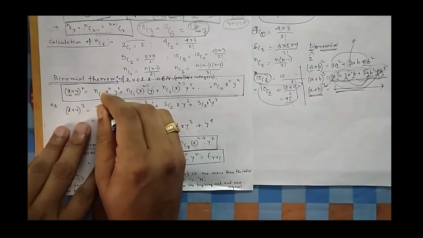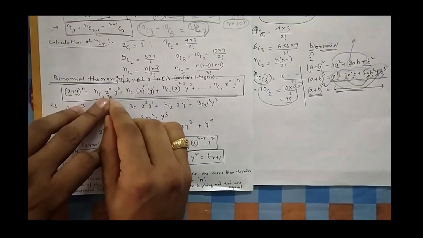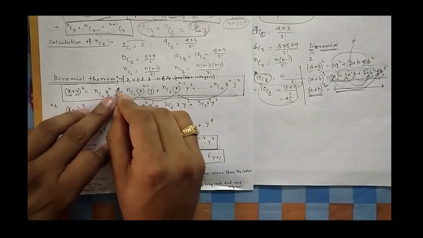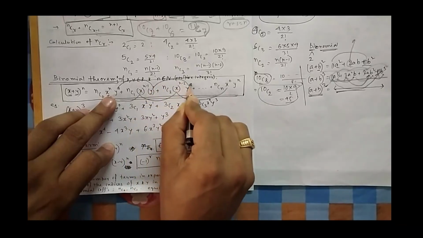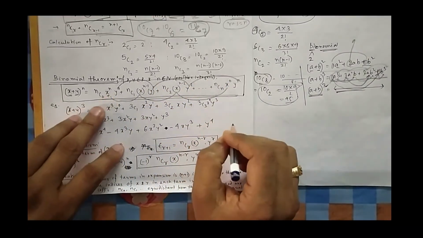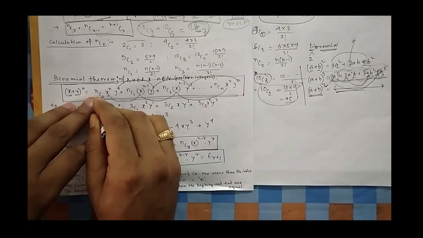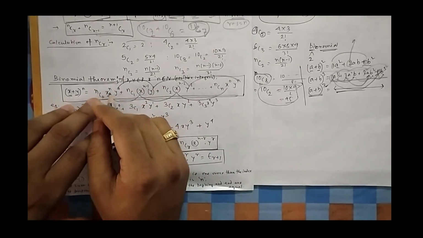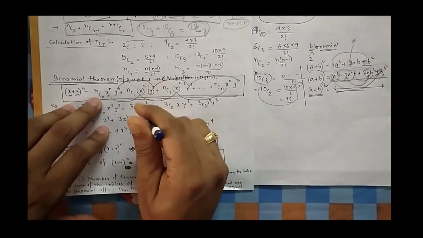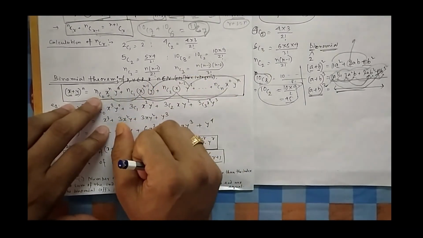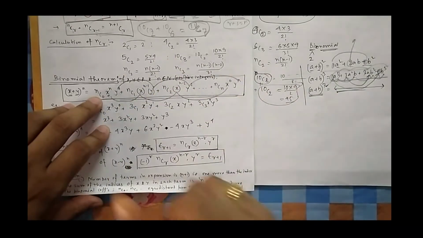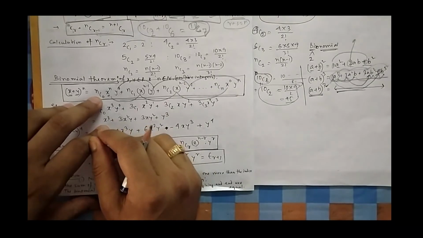If you see here x to the power n, the full power starts from x, then the power of x reduces, ultimately you will get x0, and y0, and then the y power increases. Then the first term is nC0. nC0 will be 1, anything C0, suppose 2C0. 2C0 means there are two students, you have to select 0 students. In how many ways can you do it? Only one way, you leave that class. You don't select anyone, you just come out of that class. That is the only way. You show them your back and come out. That is only one way.